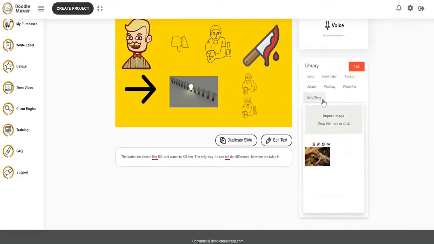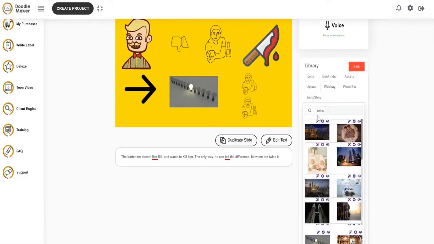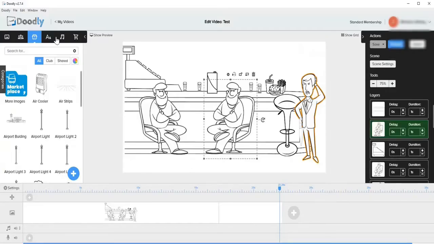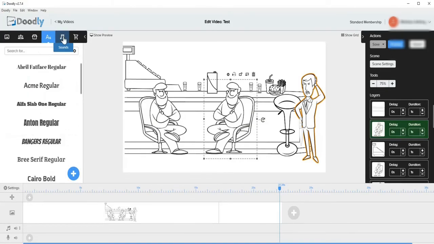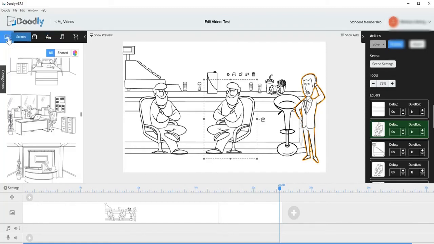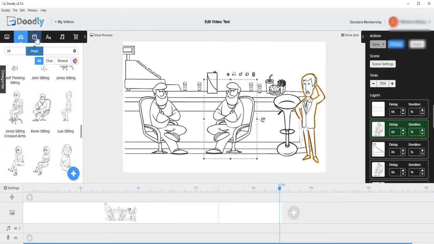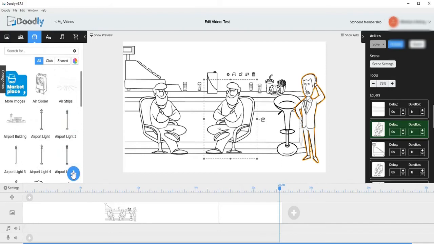A lot of editing can be done. For example, if you go back in the library, the important thing is you have this Pixabay thing. Sometimes if you don't have icons, for example in Doodly, you don't have anything like that. You can add text, you can add music, but you can't search anything like Pixabay. If you go to characters, you can manually add something here, and even props. You need to download it from Pixabay and then add it to this entry,